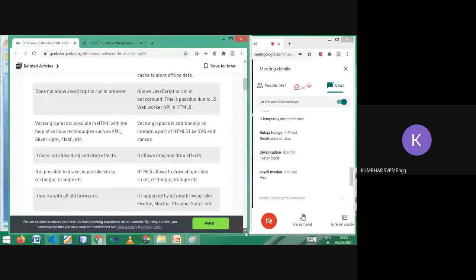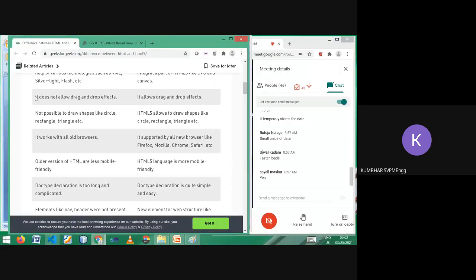Okay, drag drop effect. Till HTML4, drag drop effects are not there, but now in HTML5 you can go for a drag drop effect. Like you can use the facility on your web page that the user can drag any window and drop at another position. So user, just try to visualize. User at their end can go for rearranging their screen. So the windows can be dragged and dropped, components can be dragged and dropped. Are you able to visualize it?